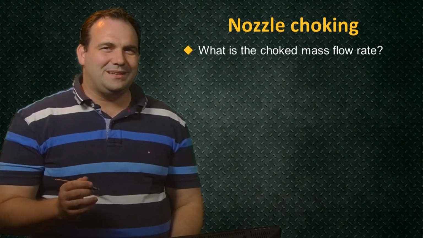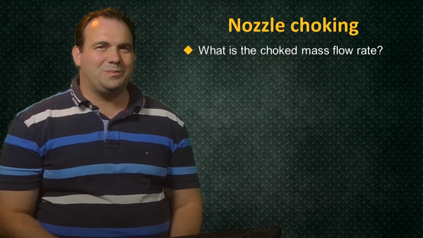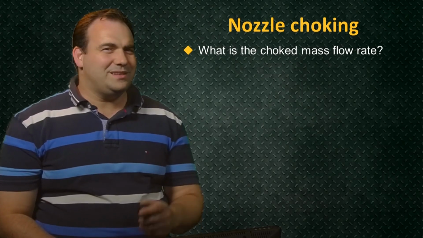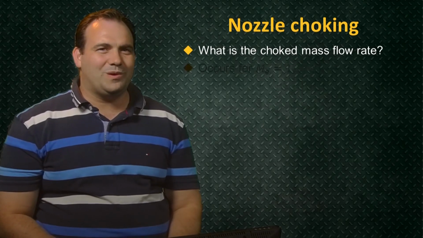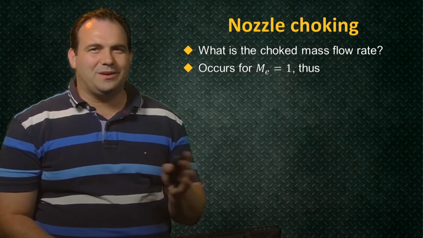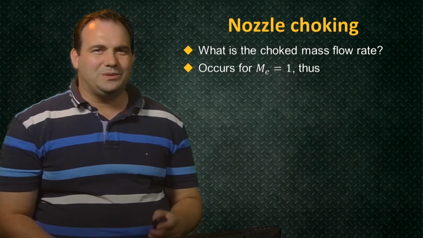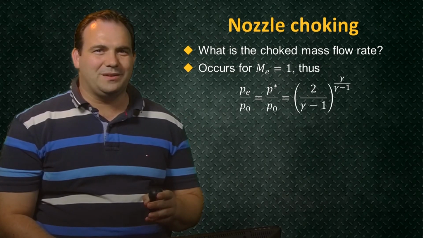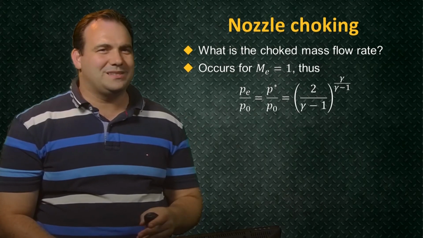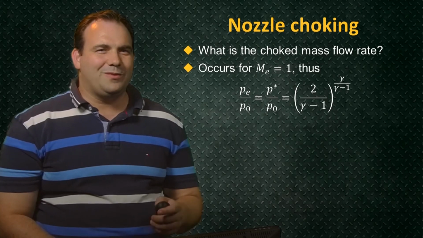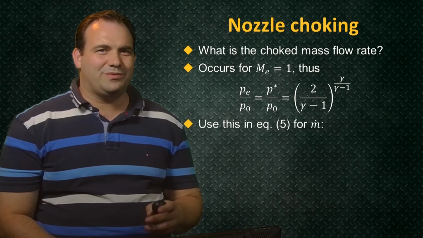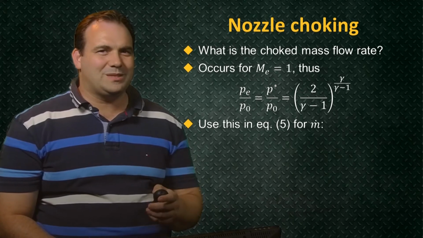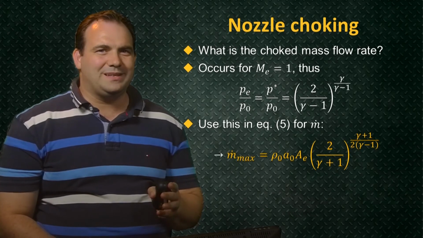So what exactly is this choked maximum mass flow rate? Since it occurs where the exit Mach number is 1, the exit pressure to stagnation pressure ratio will just be given by the critical to stagnation pressure ratio, and we derived an expression for this in the previous unit. If we substitute this into equation 5, we obtain a simple expression for the mass flow rate,